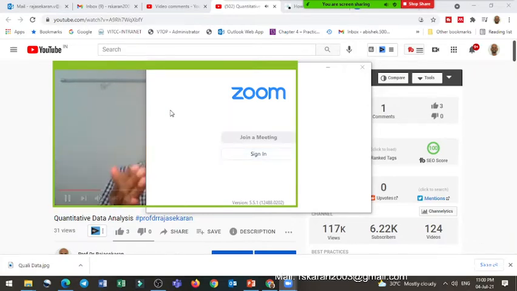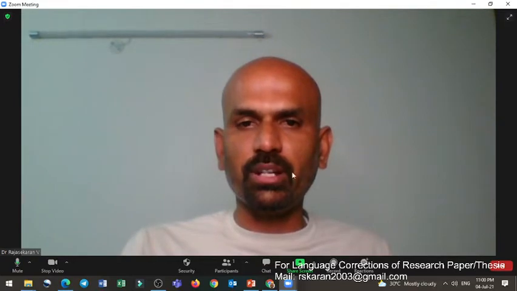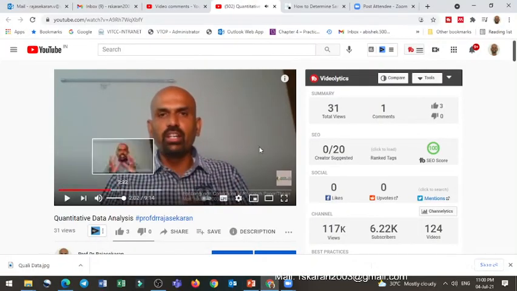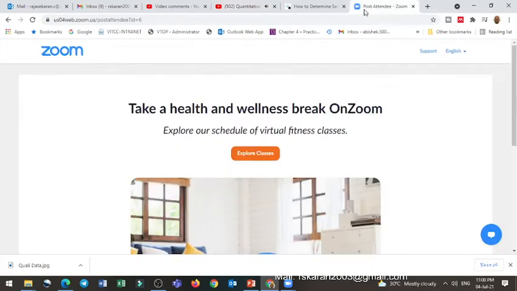That's why one is inferential statistics, another one descriptive statistics. Then if you take the statistical test level concern, the test can be divided into two. One is parametric test, another one is non-parametric test. See, parametric test requires the statistical data distribution. Okay, so come back to the Zoom again.